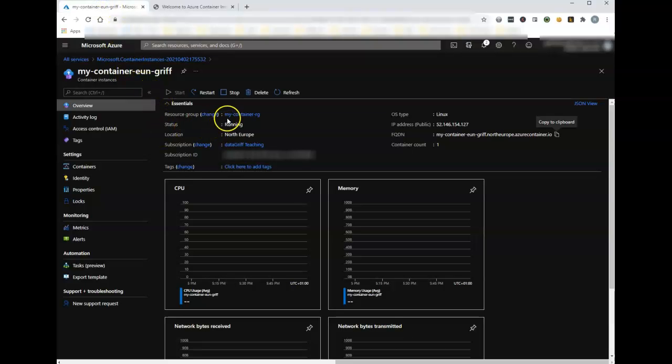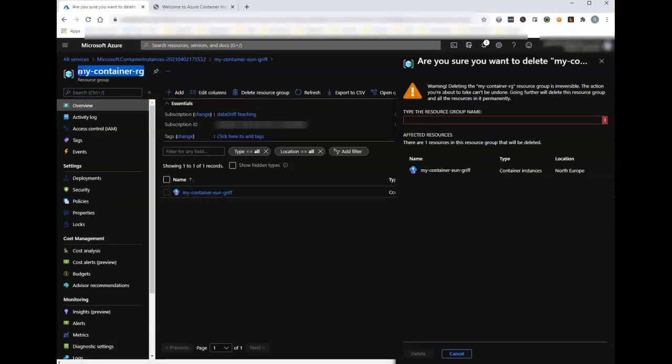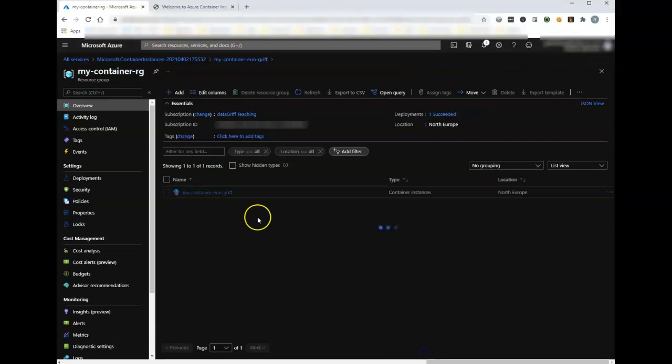And as we're not going to use this now, we're going to go back to our resource group, and just to clean up and save costs, we're going to delete our resource group, copy the name, paste that in, and delete. So that was a very quick tour of creating a container instance in the Azure